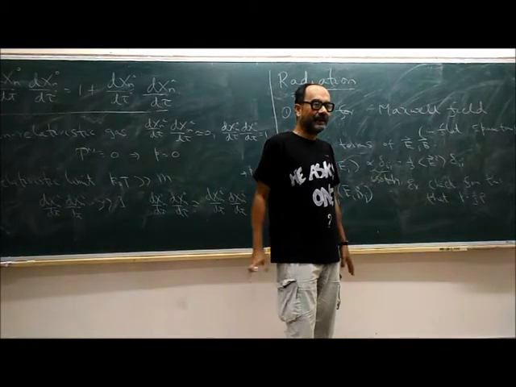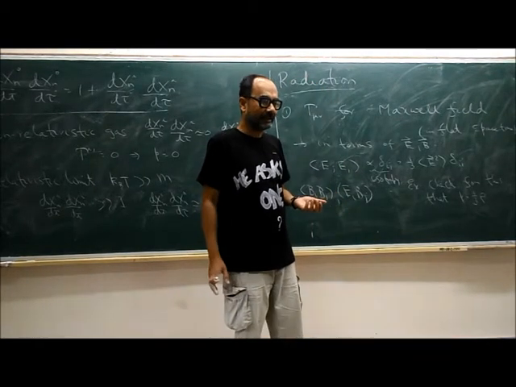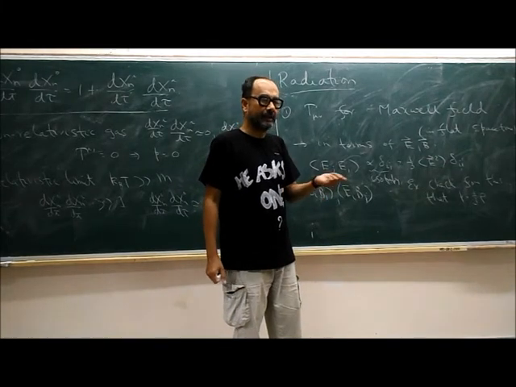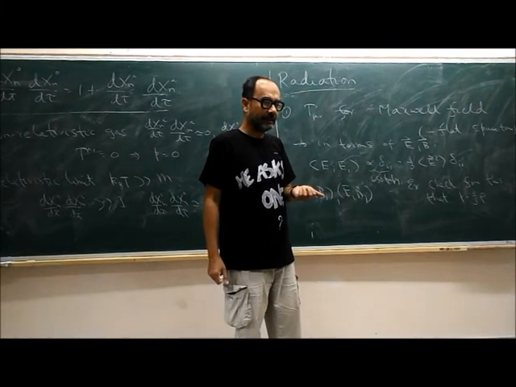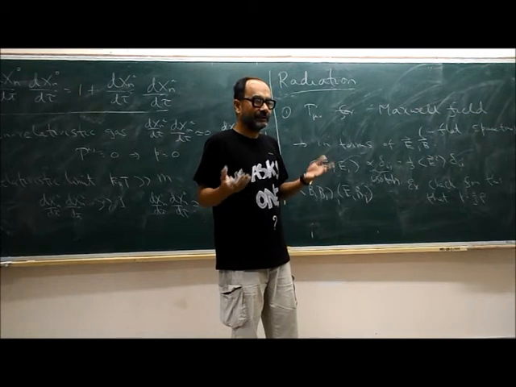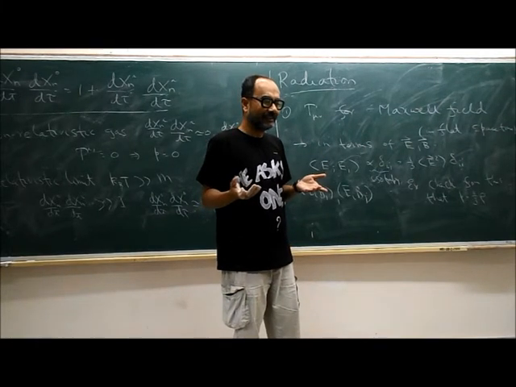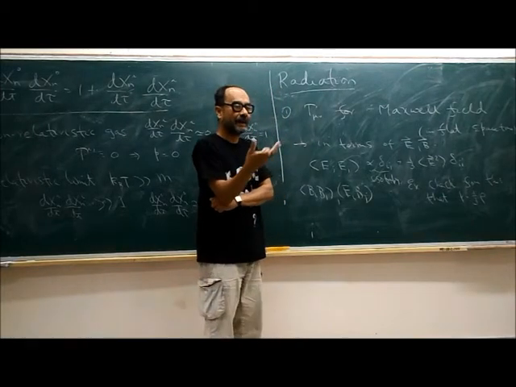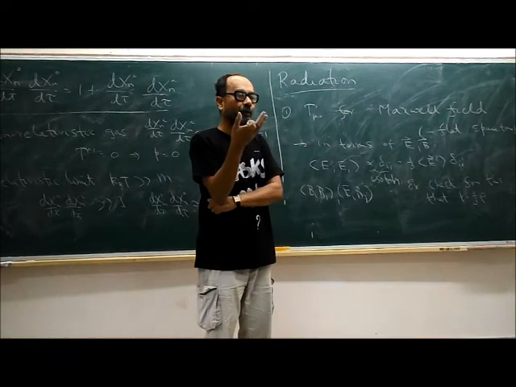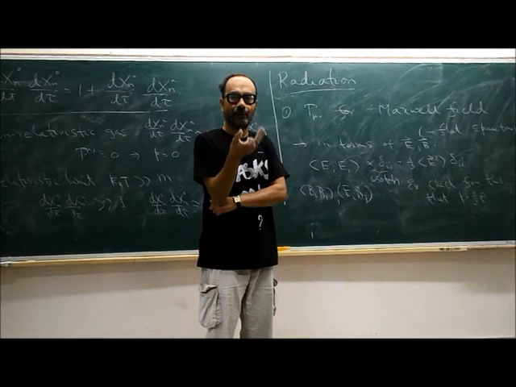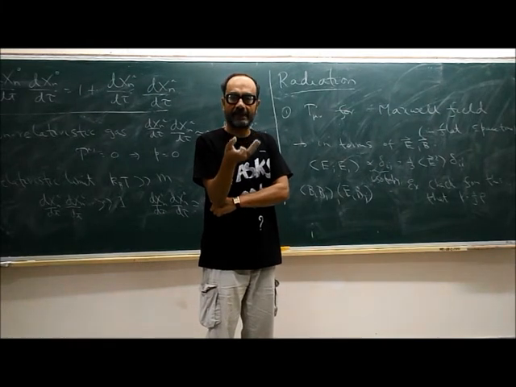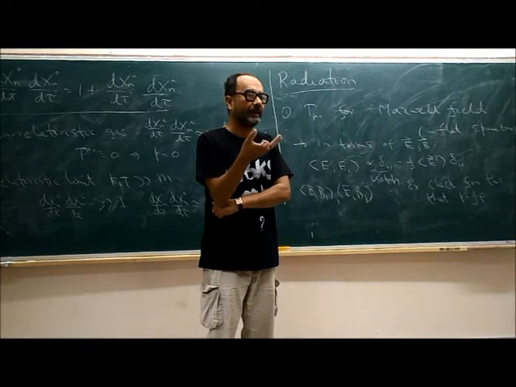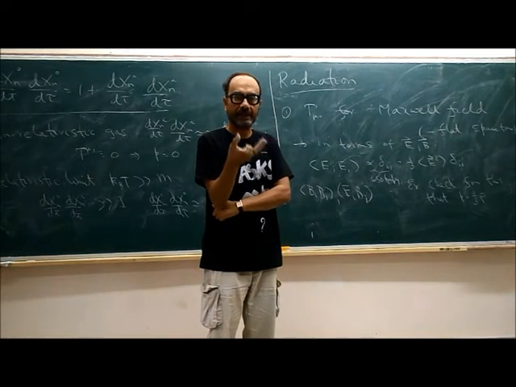But the point is that B is not independent of E. B is determined in terms of E, and B is not in the same direction as E. So you might have worried that it doesn't look like it's 0. No, for a given E_i it should be 0, but you should check it. What happens is that E and B are out of phase, so when you integrate over a period, it gets 0. So this averaging is over all directions, but also integrated over one period.